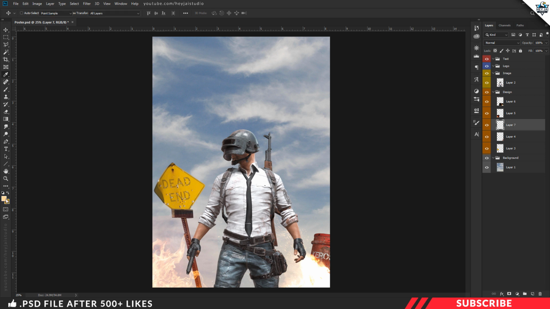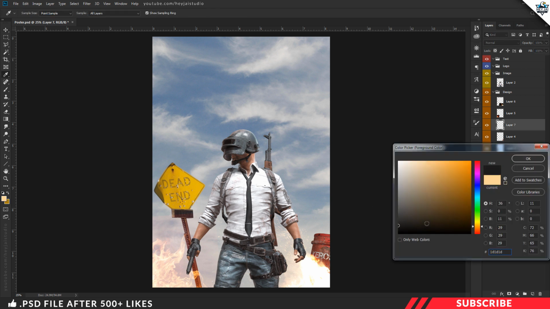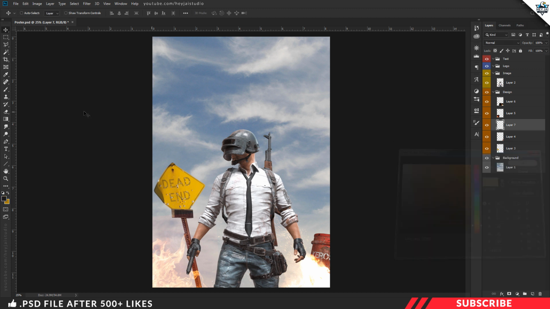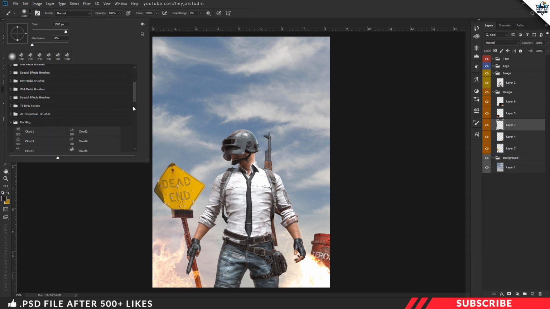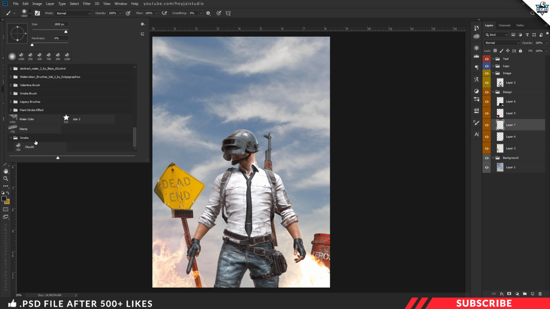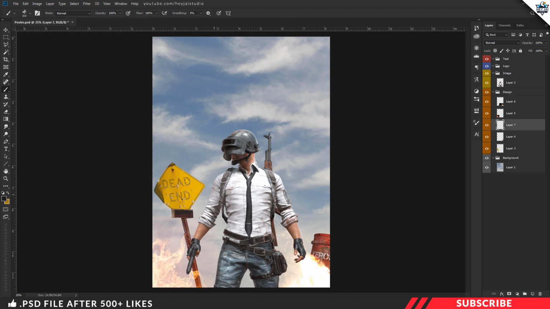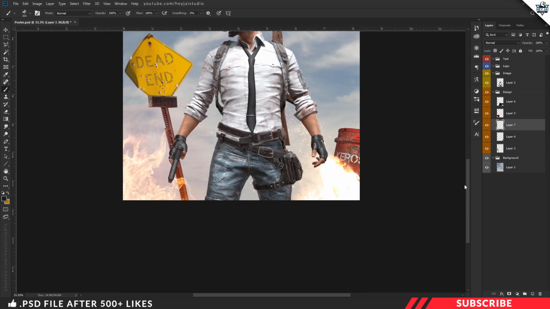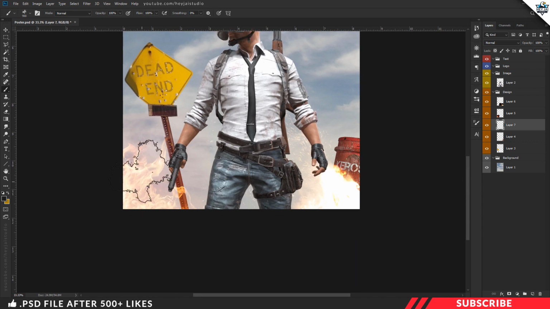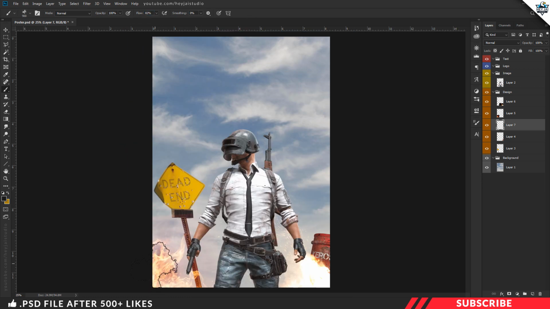Fine. Now go to the color picker, select black color. Now pick the brush tool. There pick the newly installed smoke brush. This one. Now increase the size a little bit. If you want, you can reduce the flow a little bit, around 80%, something like that. Now I'm going to give a few clicks to create that realistic black smoke effect, which in turn makes the fire stock image look a little more realistic.